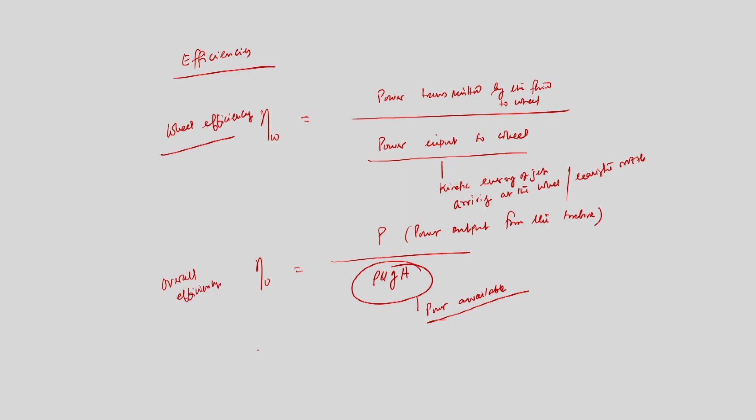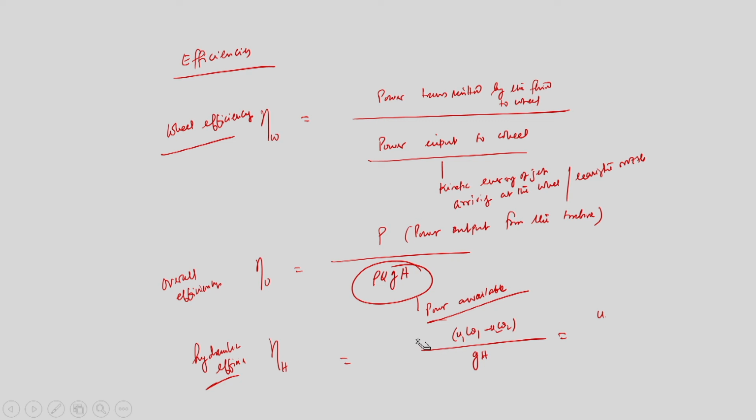And similarly you can define another efficiency known as hydraulic efficiency, just like a pump. How can I define hydraulic efficiency? It is U2 C theta 2 minus U1 C theta 1 by g, but for a turbine it will be U1 C theta 1 minus U2 C theta 2 by g, because 2 is the outlet, divided by g into H. Now in most turbines the flow at the outlet from the runner is swirl free.